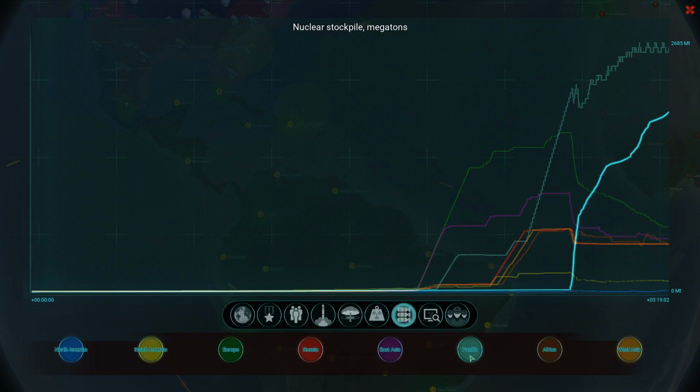Meanwhile, in terms of nuke stockpile, the Pacific had 2,685 megatons in stockpile, way more than everybody else. We were at the bottom by far, not even close. We didn't even have a megaton stockpiled. We were kind of launching it all off at the end there, but...